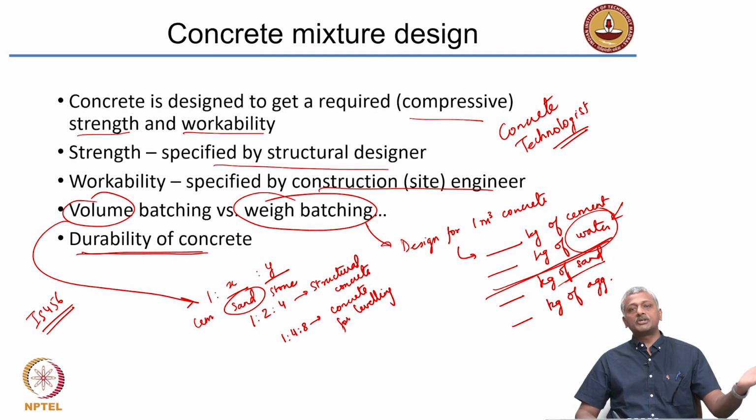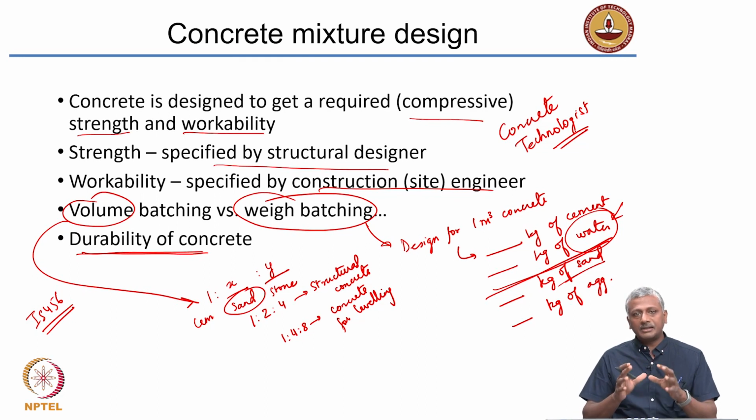Okay, you have a structural engineer, you have a construction engineer, but you also have a concrete technologist who can actually give a clear distinction between the qualities of materials required for the given performance that is expected in a particular environment. So, the concrete technologist is the person who has a clear understanding of how the concrete would behave in a given environment, and what the characteristics of the ingredients should be to produce concrete of the right quality.